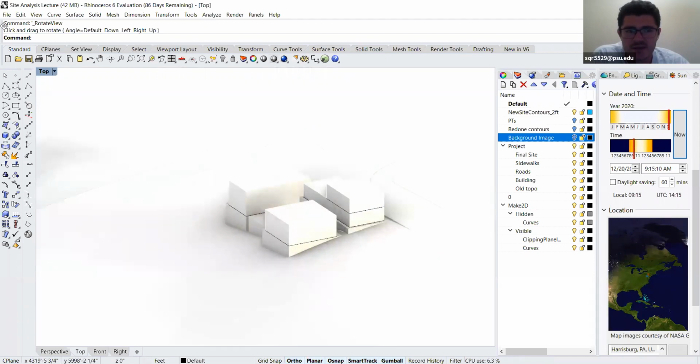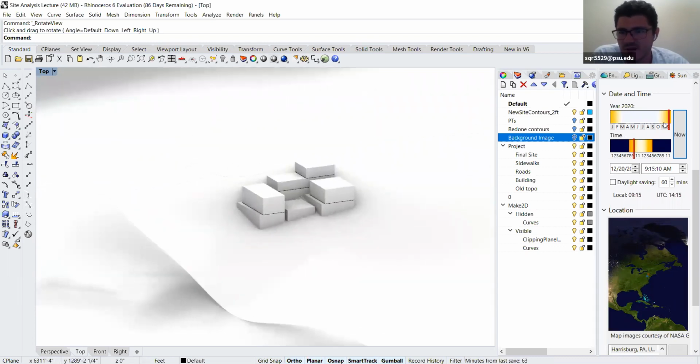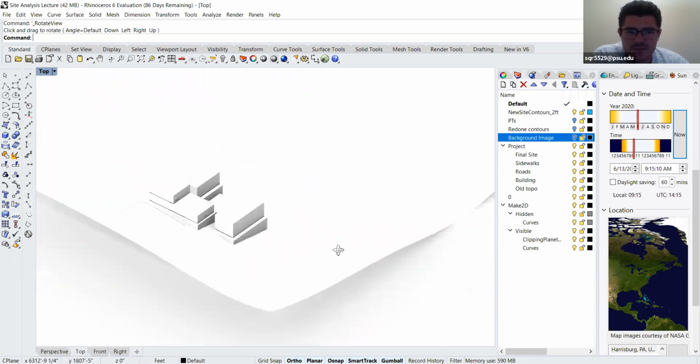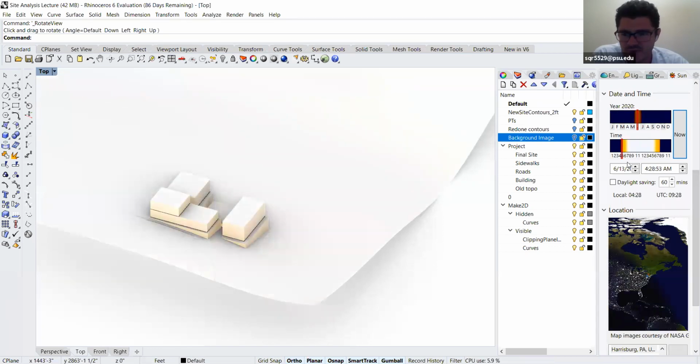You can do this and take pictures of your site and see how the shadow affects it. It can change, and then likewise do the summer solstice where it's maximum gain, and you see how that changes your building. So are there any questions on site building,